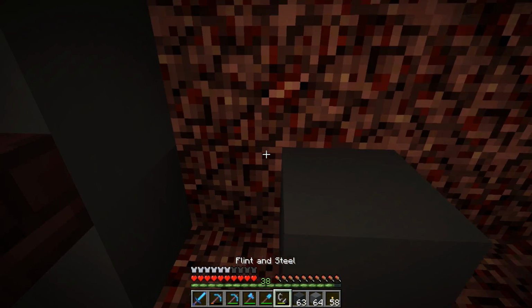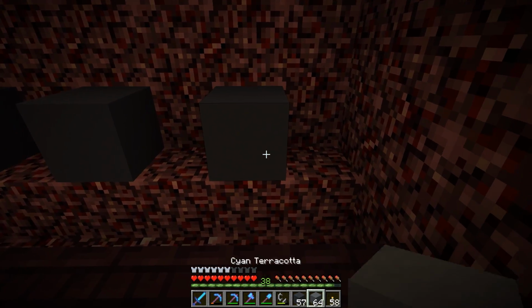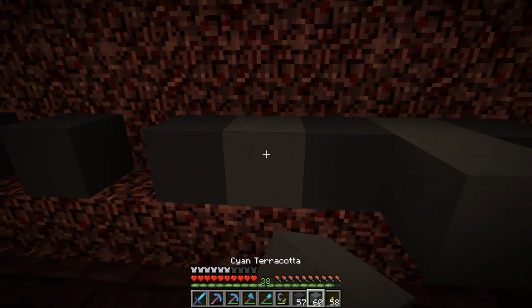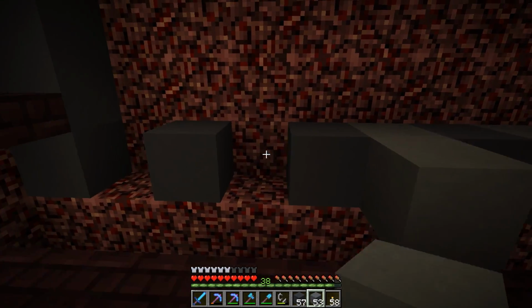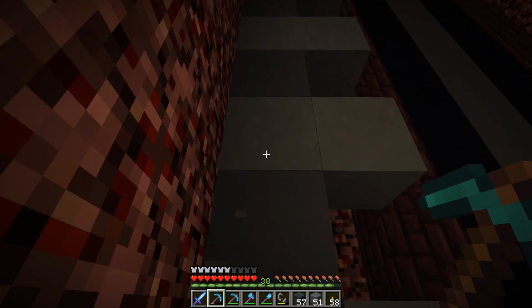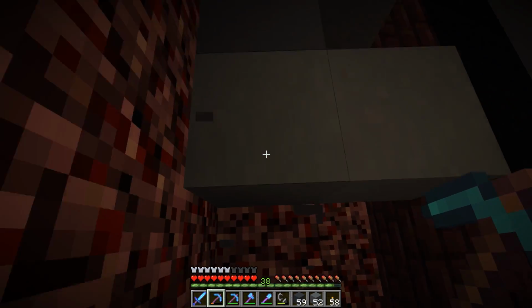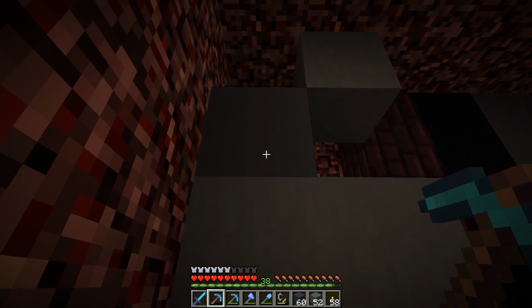Yeah. We want the darker color in the back, like so. And then the lighter color in front. Okay? And we're basically going to take these... They're essentially going to be pillars. We're going to take these...